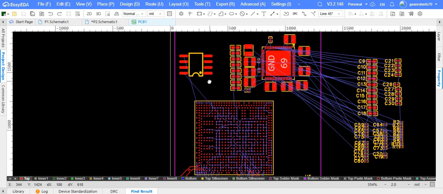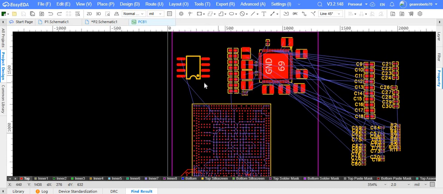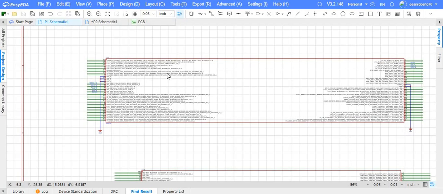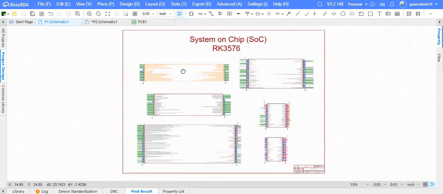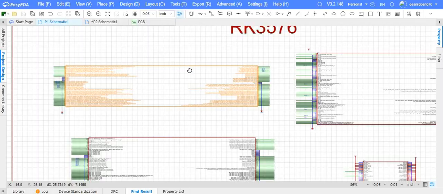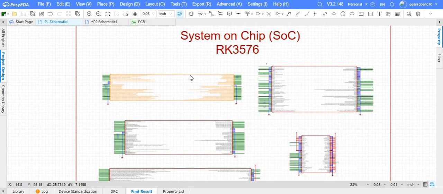Now we need to look up all the schematic parts, and of course, we need to read these schematics, these documents,